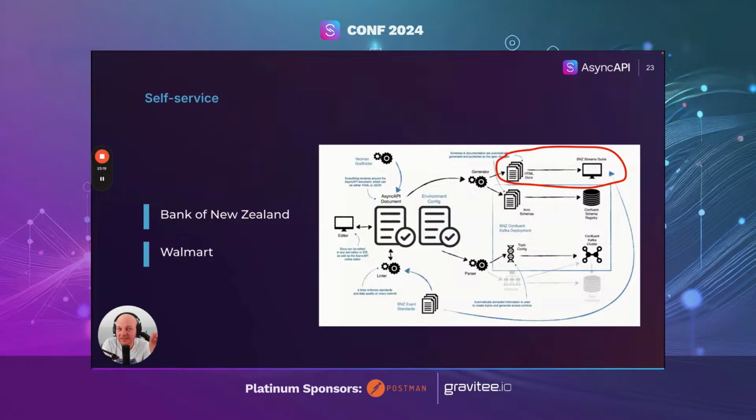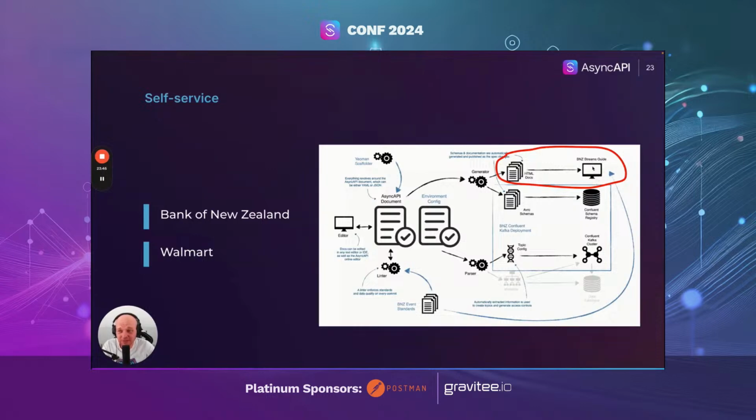You can build a self-service for your teams, doesn't matter if it's Kafka, Argo CD, or some other solution, like we use it to improve the developer experience. So even if it's only for internal teams, like in the case of Bank of New Zealand, give them tools to automatically lint documents, generate docs, and publish to a developer portal,